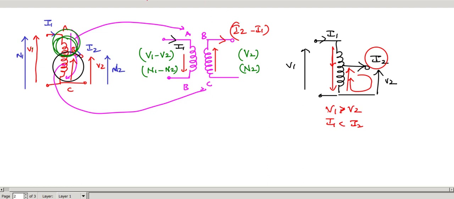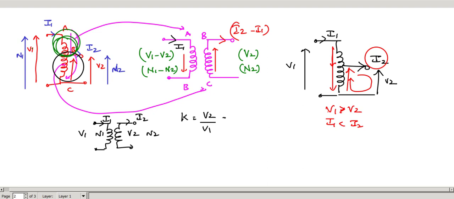I have a primary voltage and secondary voltage, primary turns and secondary turns, and primary current, secondary current. See what we know from a two winding transformer. This is a two winding transformer, you are familiar with that. So I have V1 and N1 and I1, and V2 and N2 and I2 here. So I know the transformation ratio V2 by V1 equal to N2 by N1 equal to I1 by I2, and I know that